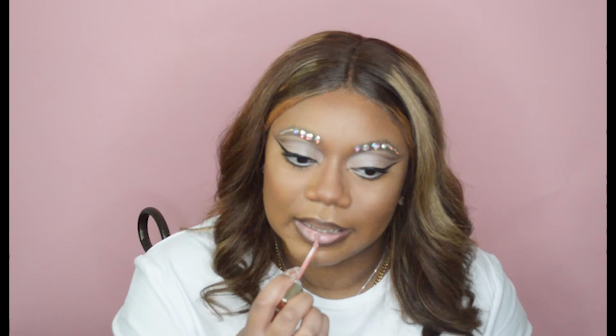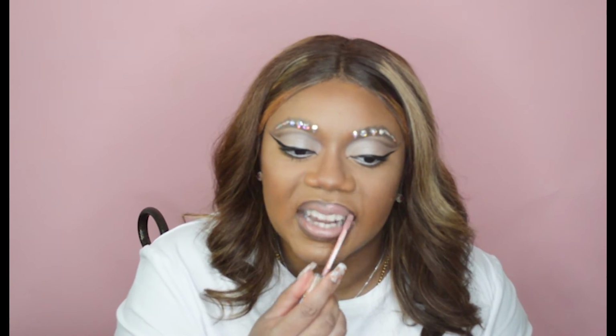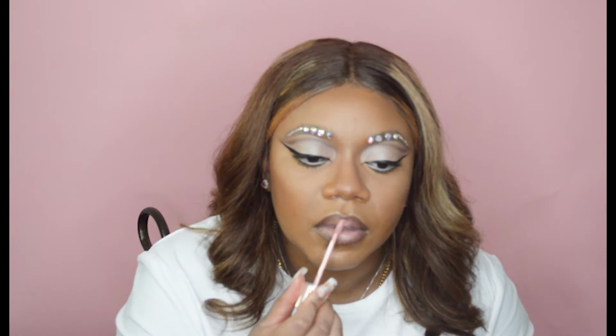Alright, and like I mentioned before, for my gloss, I am just going in with this nude pink type of